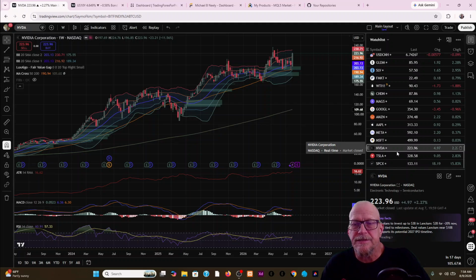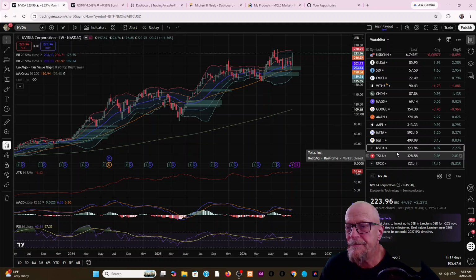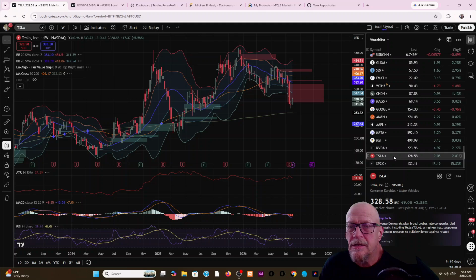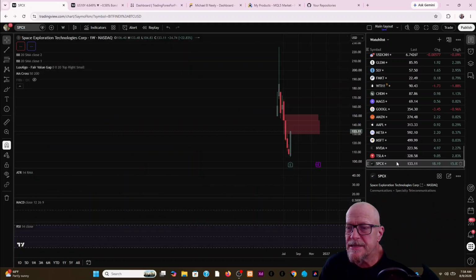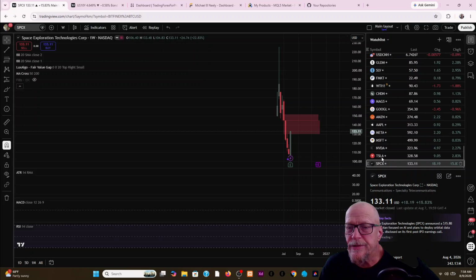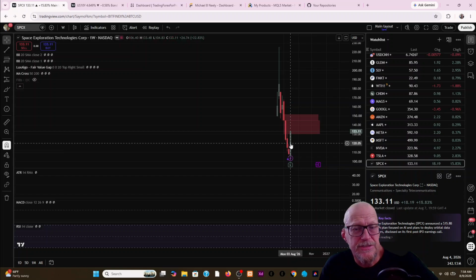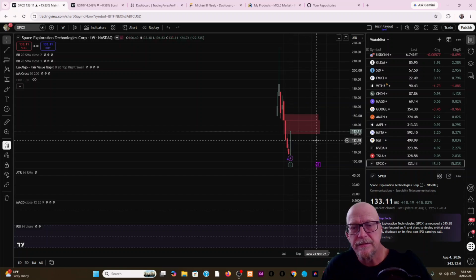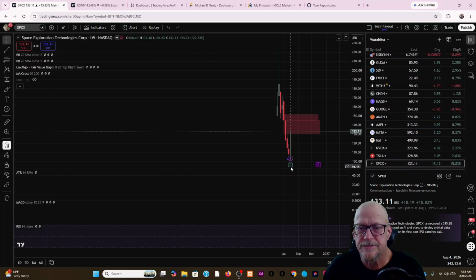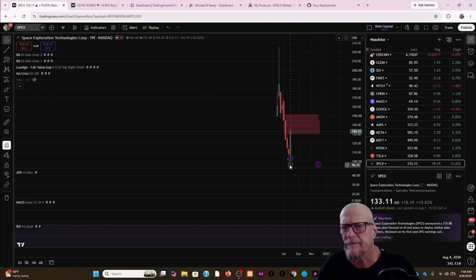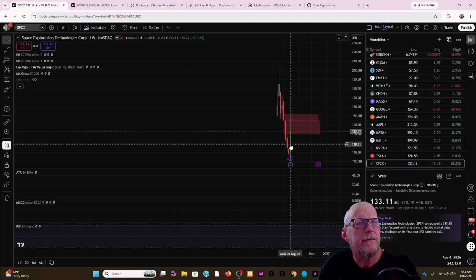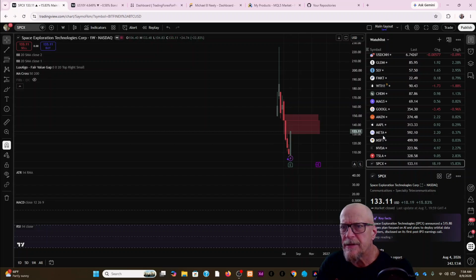Nvidia, they always have some neat stuff going on. Let's see if that whole AI trade is still going on. Looks like it is. Tesla right there, and SpaceX right there. Big, huge week for SpaceX. That would have been a huge buy right there if you come in at 109. But I mentioned that, did not do it. Again, I'm not sure what's going on with that. But huge week for it, it's up a chunk.